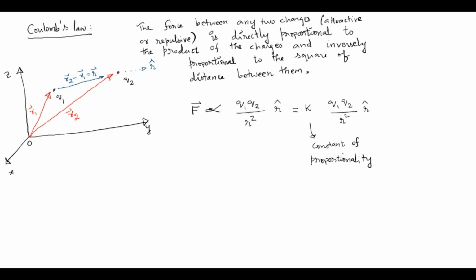Now this can be further simplified. k Q1 Q2 by r square, and r hat is a unit vector along this direction. To write it in terms of a vector, I multiply the numerator and the denominator by the same r. What is r into r hat? r into r hat is the r vector, since any vector can be written as its magnitude times the unit vector. So this force can now be written as k times Q1 Q2